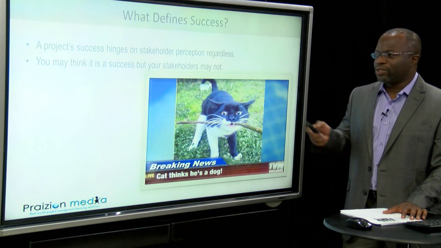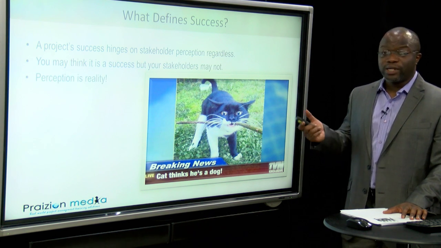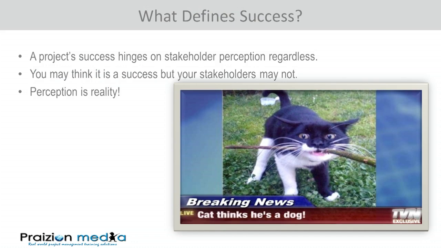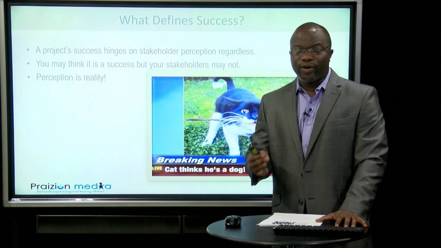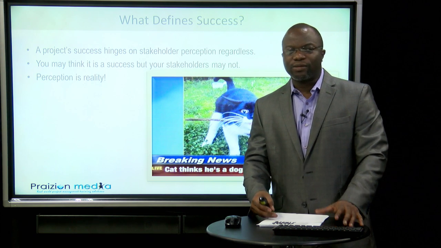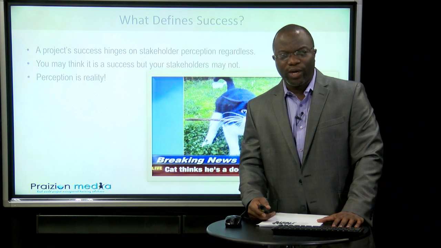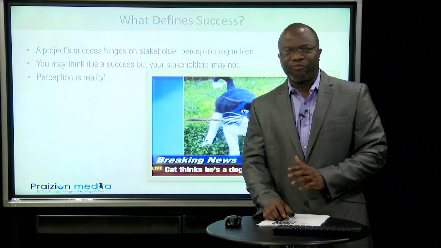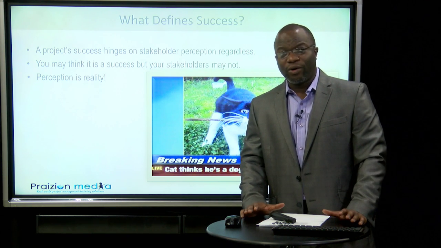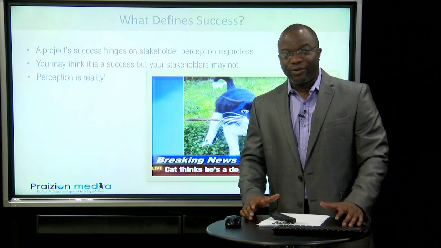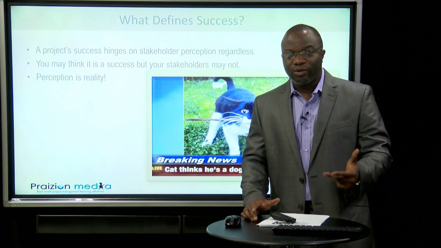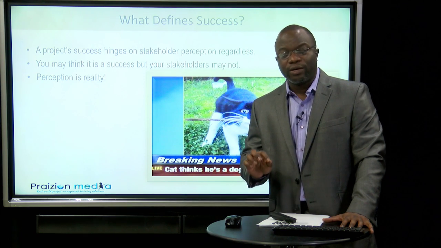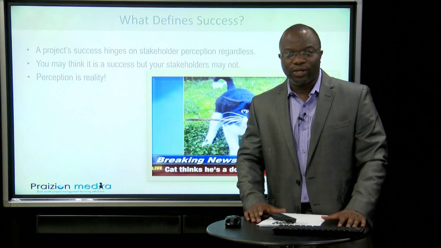You might think your project is a success, but your stakeholders say no. It's no. Perception is reality. In the world of stakeholder management, perception is really reality. It's very important that we see our stakeholders as the number one reason why we have a job. They're the number one reason why we are working on a project. If you remember from PMBOK Guide 101, stakeholders authorize projects. Your initiator, your sponsor, your company. The reason why those capital projects are being authorized is to fulfill real needs, to fulfill stakeholder needs.